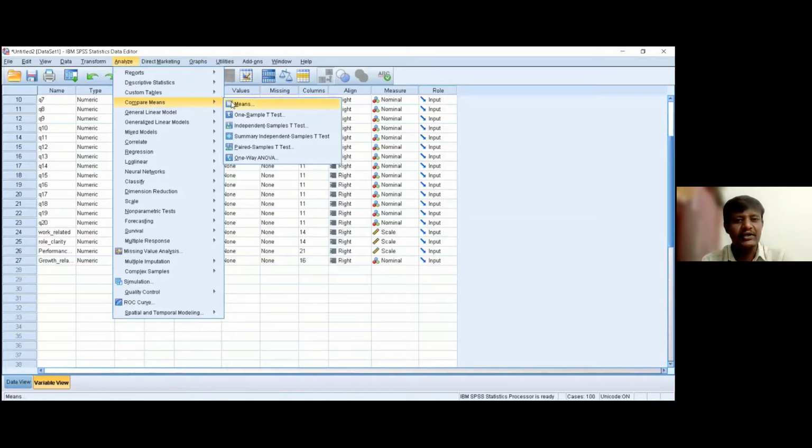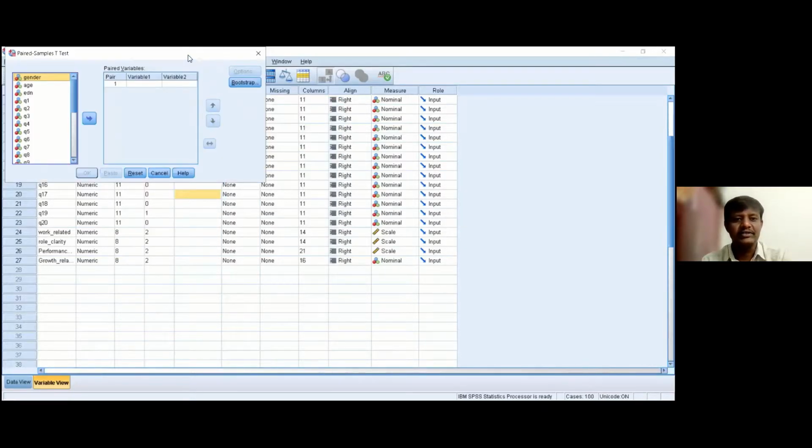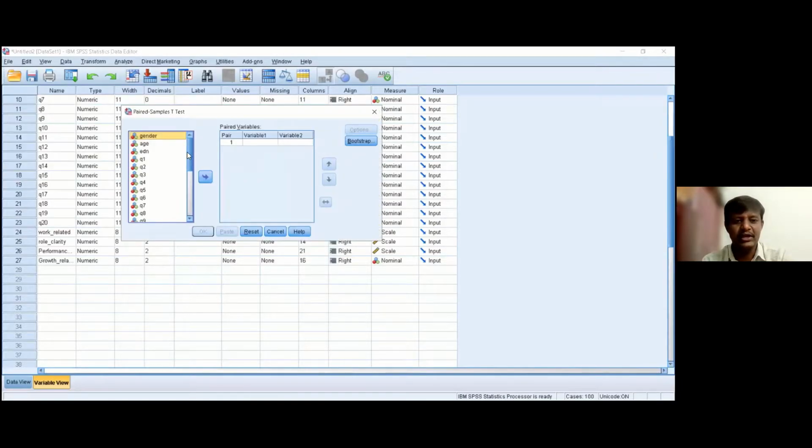In that you can see different options like Means, One Sample t-test, Independent Samples t-test, One Way ANOVA, Paired Samples t-test. From that list, we need to select Paired Samples t-test. Once again, I repeat: go to Analyze menu, Compare Means, and select Paired Samples t-test. The condition for paired samples t-test is that both the variables should be scale variables or ordinal variables.